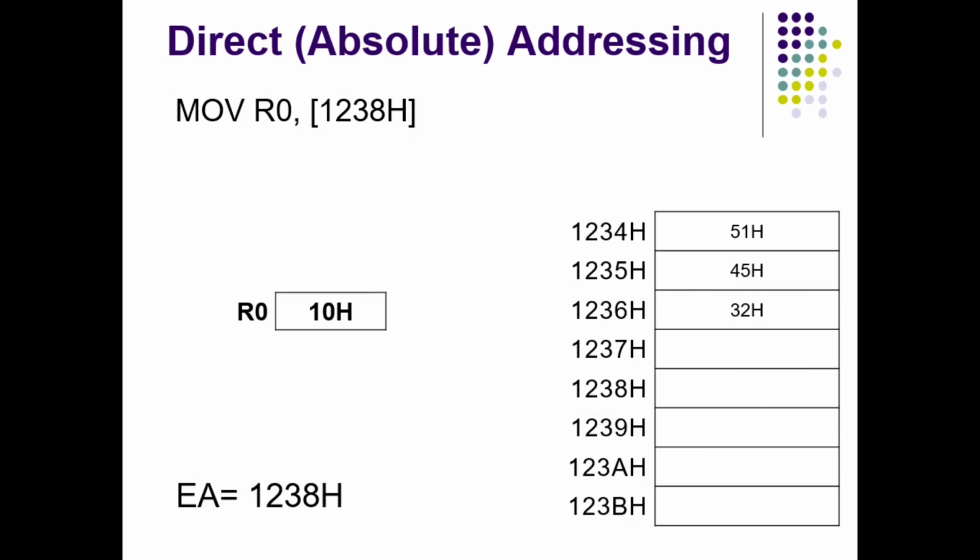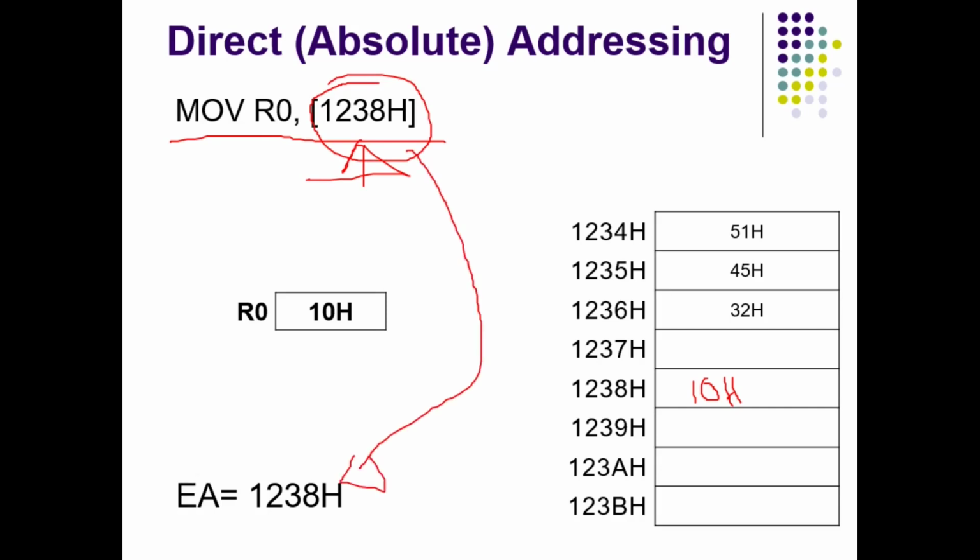So here, when this instruction executes, the data present in the R0 register gets transferred to the memory address whose effective address is 1238H. So 10H will be here after executing the given instruction. And what about the effective address? How does the processor calculate the effective address whenever it finds this instruction? Here the addressing mode we have used is direct addressing mode. So the effective address is nothing but the direct address we have mentioned here. So the processor simply copies that address as the effective address and places data into that particular address.